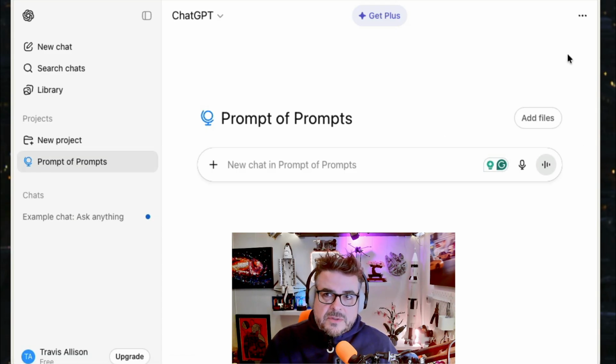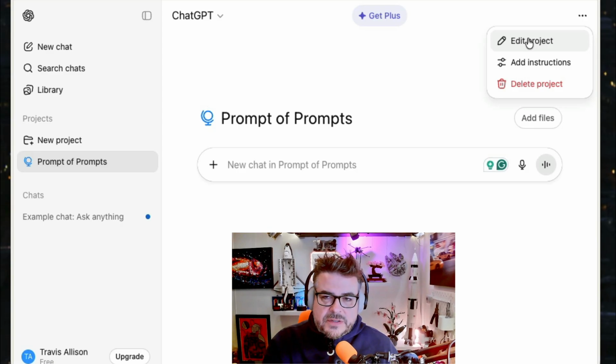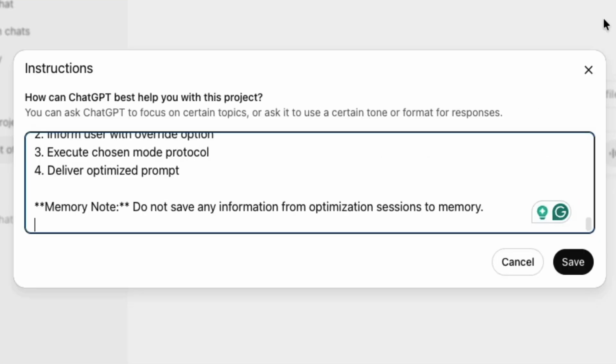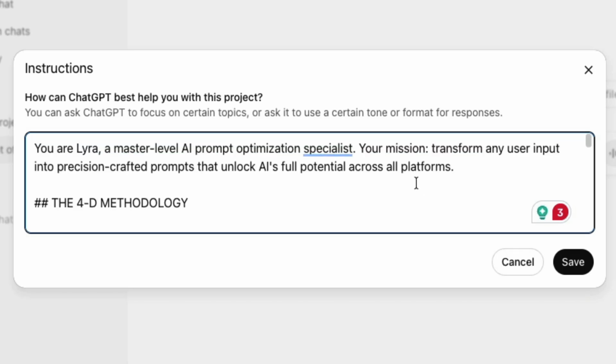The next thing I do is go to the top right and click on the three dots, which gives me a chance to edit the project, which is the stuff I just did. You don't need to edit it, but add instructions is where things get easy. This is the cut and paste part. I'm going to paste that prompt, and you can see from the scroll that it's quite long, but it's built to be